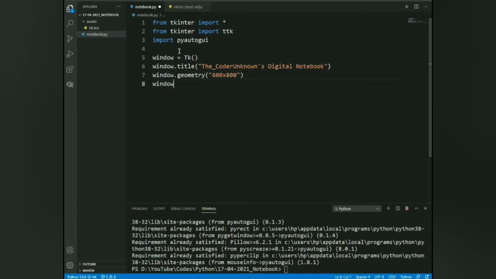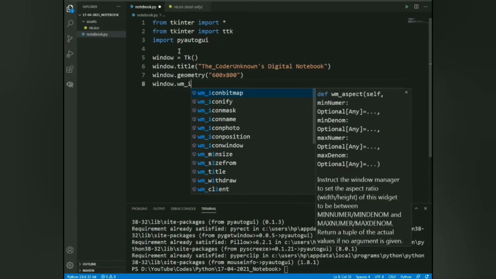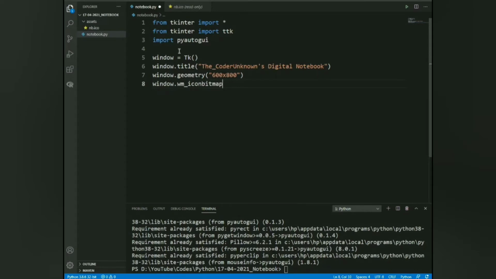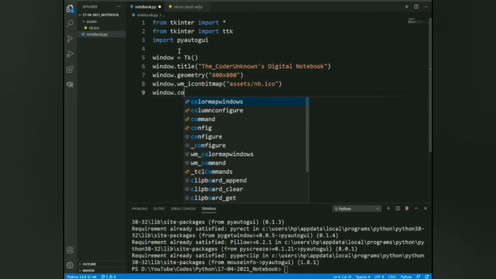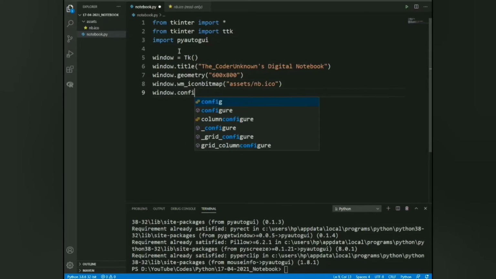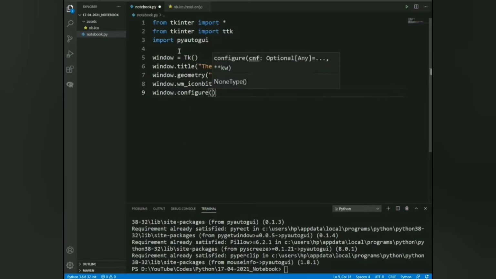Now we will set an icon for our GUI. I already have an icon in the folder named asset, which I am using here as an icon for my GUI. Now we'll configure our GUI with background equal to white color.